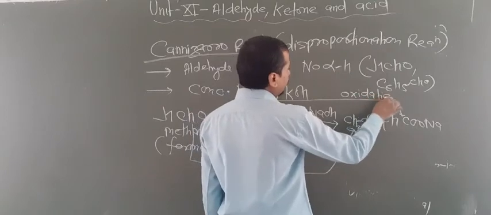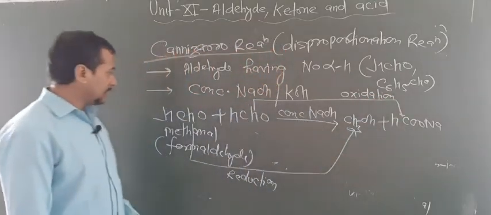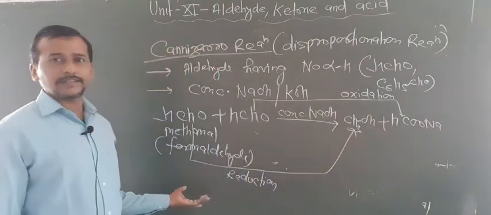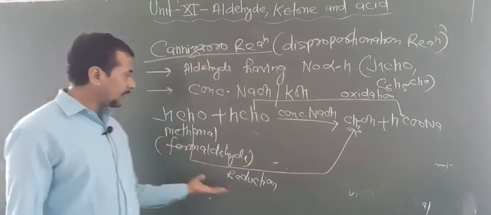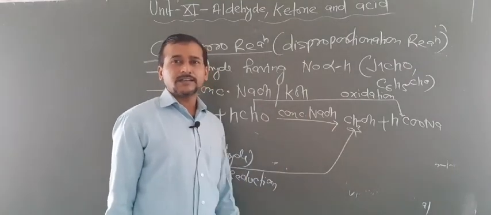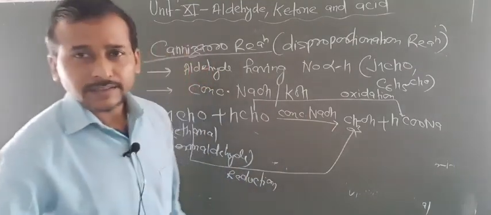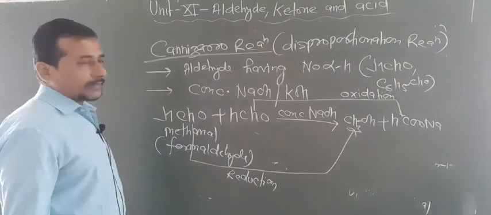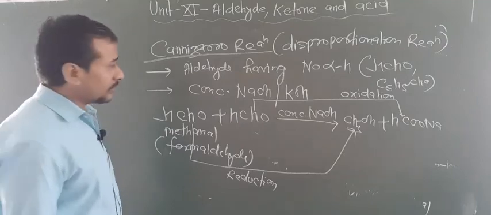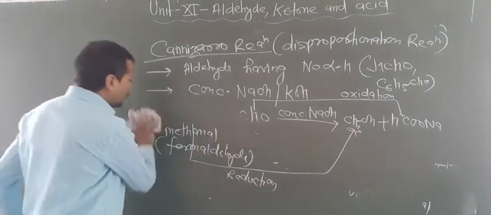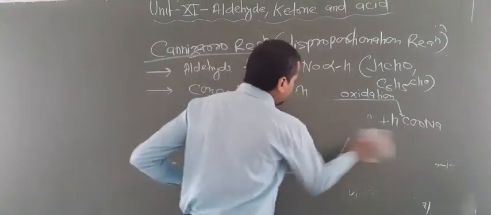Now you can know that by seeing the reactions. This formaldehyde has more H, addition of H takes place, so that's why this is basically reduction. In this one, addition of oxygen takes place, so this is known as oxidation. By this way you can know that one formaldehyde is oxidized and one is reduced. So that's why this reaction is known as a disproportionation reaction. Only this you have to write in the board examinations.